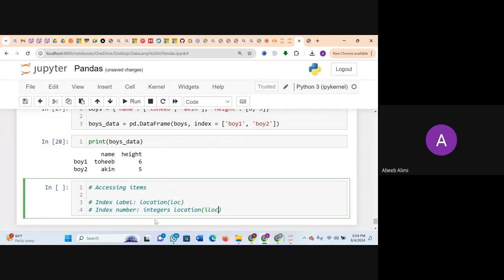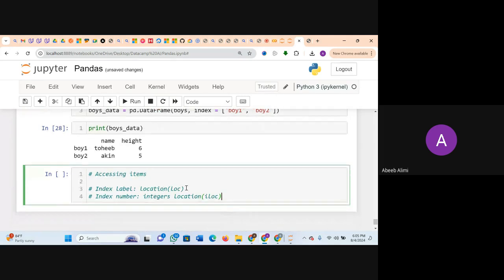So when we are accessing our item, either rows or any part of our data set, if you are accessing them with the label that we have defined, we call that LOC. If you are accessing it by what comes by default, it is called ILOC. So LOC means location, and what should come to your mind is dealing with label.